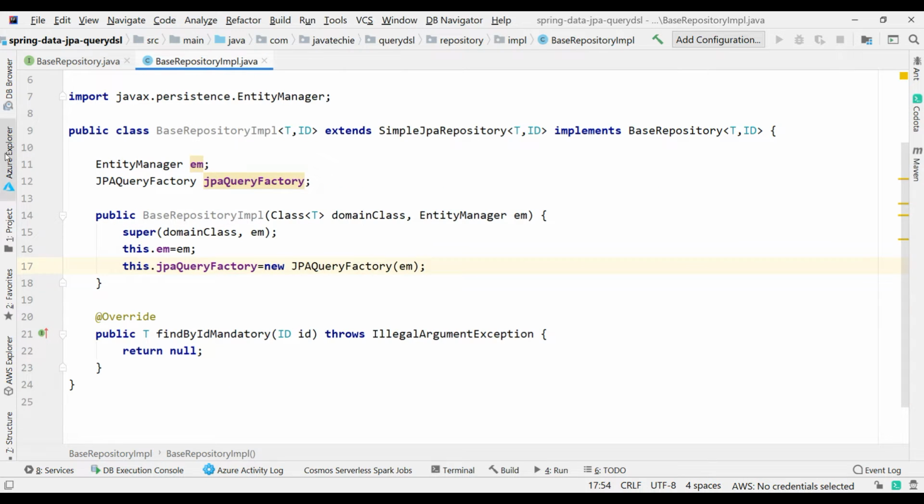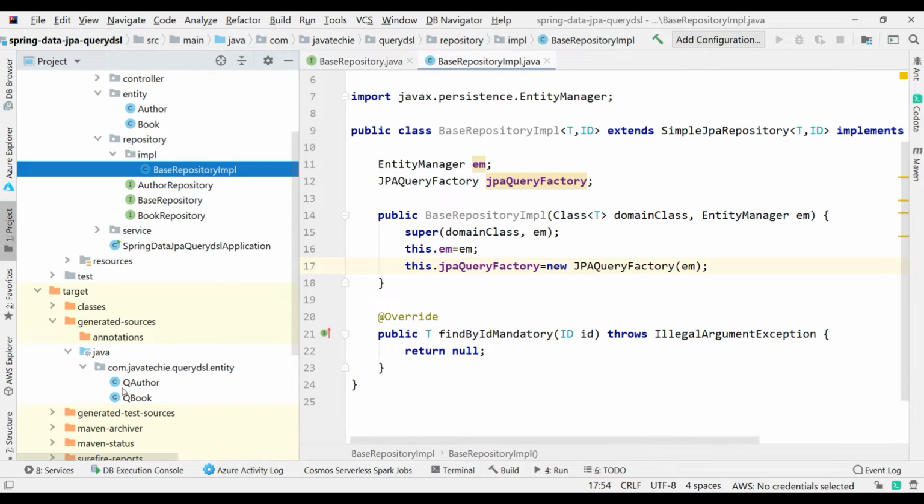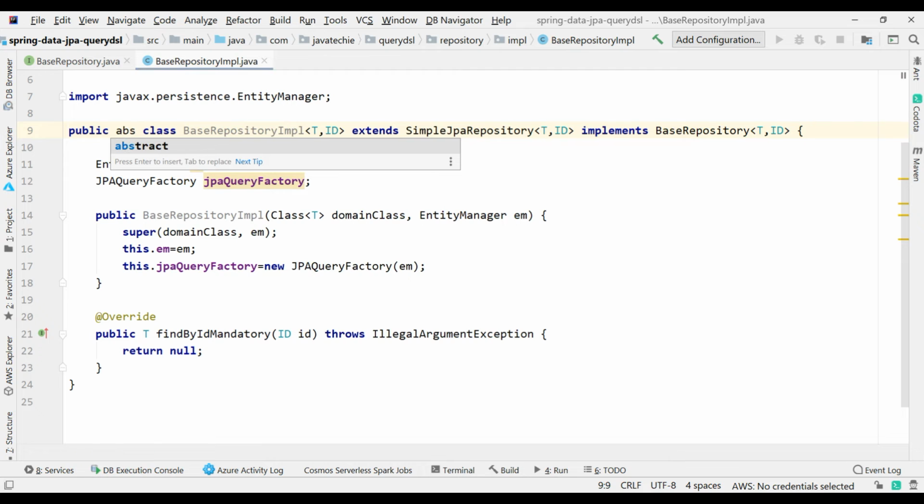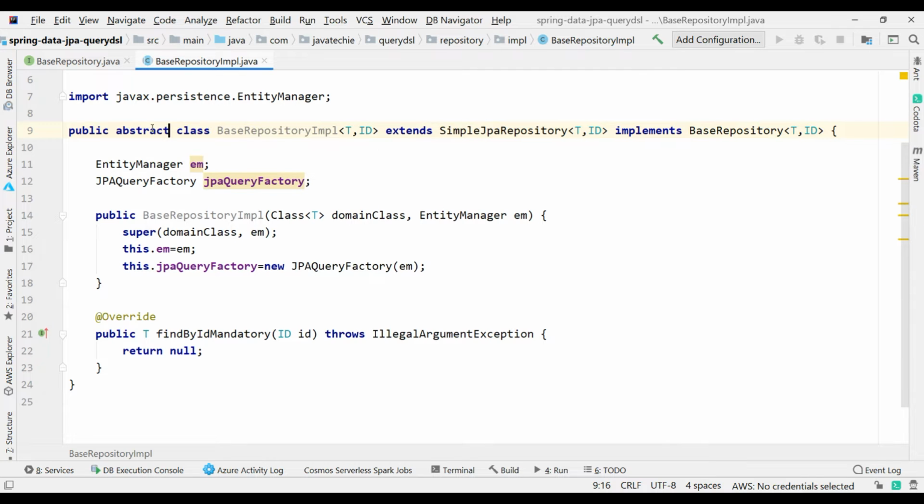And if you remember, inside the target we have these two classes, QAuthor and QBook. I can directly use these two classes so that they are globally visible for QueryDSL, because this is the abstract class I am going to use in all the implementations. So I'll make it abstract. Fine.